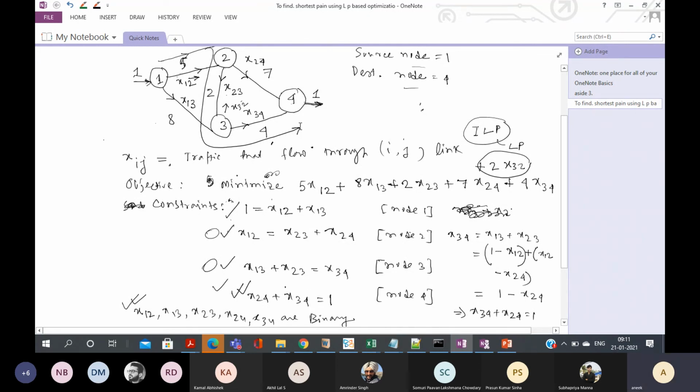Then check in both the cases. Your problem formulation will not change. The only thing is that you have to change the topology and then see what your result is.